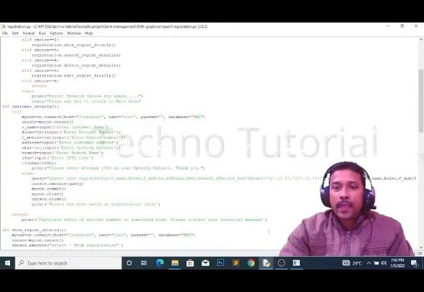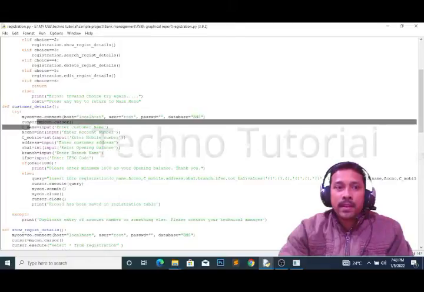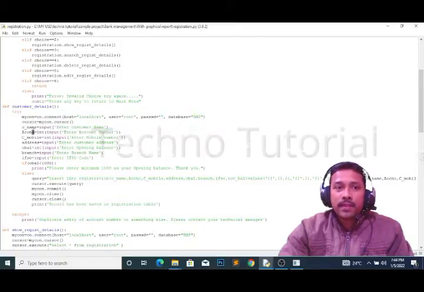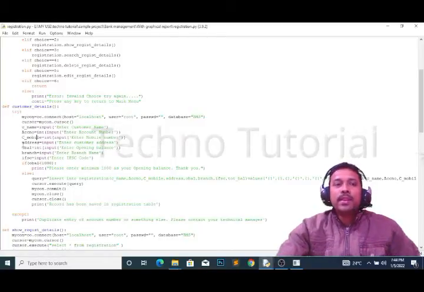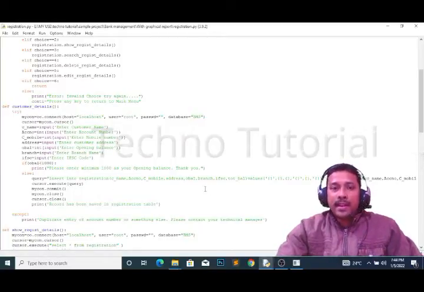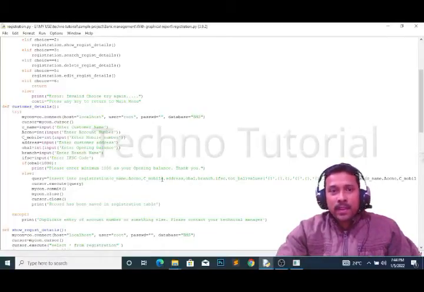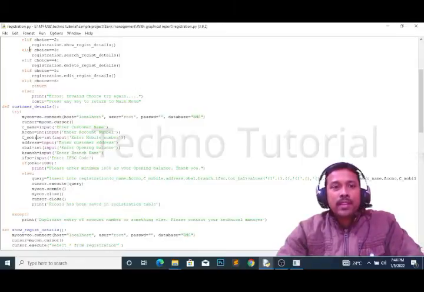And I'm giving here these are the variable names. C name means this variable name I am writing here. After that ACCNO, this ACCNO is there. This C mobile is there. So these variable names I am writing here, and these are the same names I am giving here, and these names are there in the database. Like this we can insert a record with this query I have given.